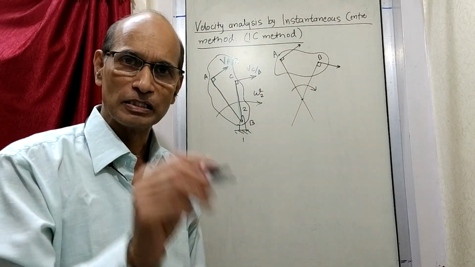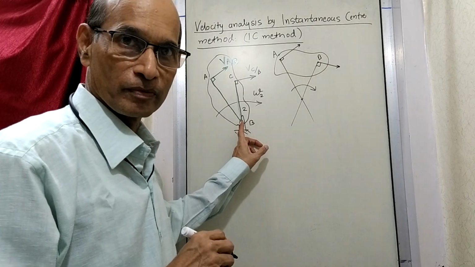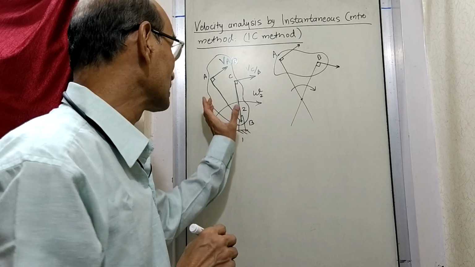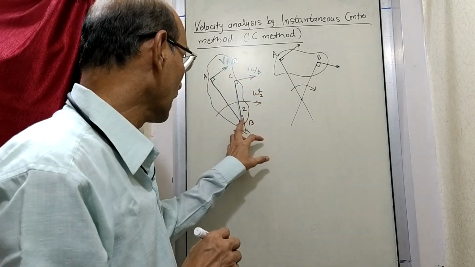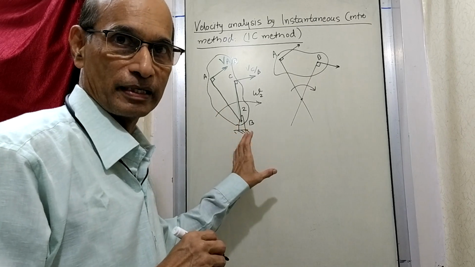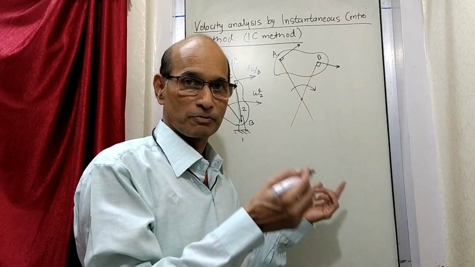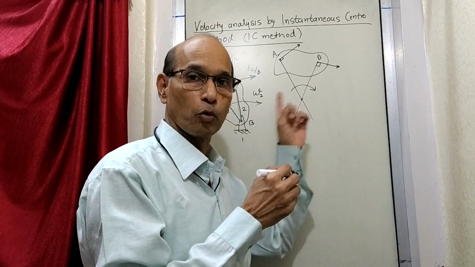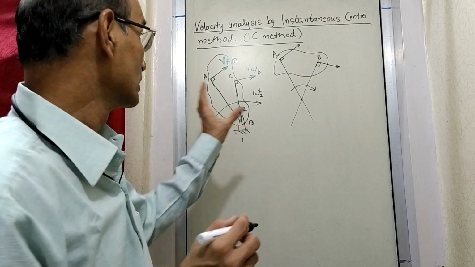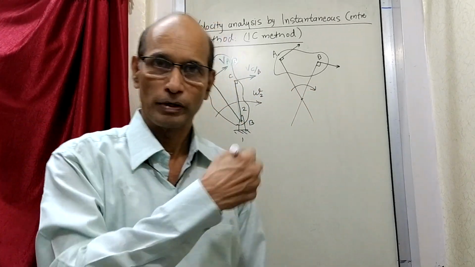Now there is some difference still there. This is an instantaneous center, and this is also an instantaneous center. Now this center is going to be fixed here. So after some time, even if you do it, still the answer will be this. The center will remain, because it is a fixed type of instantaneous center. Whereas here the instantaneous center is going to change. Its position is not going to remain the same, but still both are called instantaneous centers. Okay, so this is the basic concept which is used in this method.